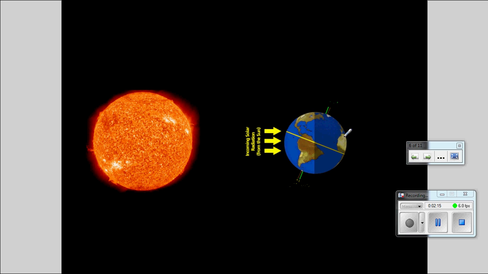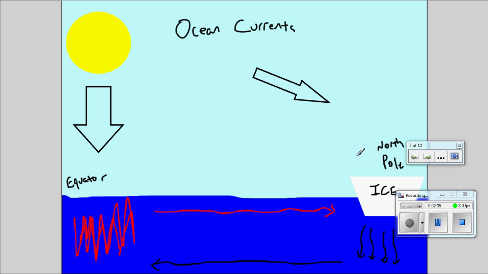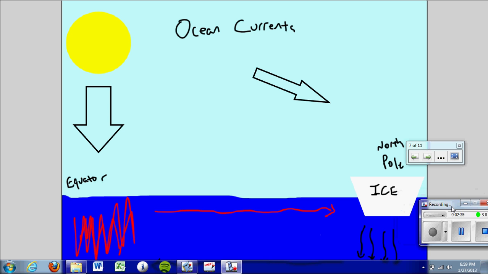Okay, now we're going to start talking about convection in our oceans. A little bit of review on how the sun is always affecting the equator with more energy, more radiation than it is the poles. No matter where the sun is in its orbit, the equator is always getting the most direct impact from the sun, causing the equator to always be hotter. So looking at the ocean, from equator to pole,